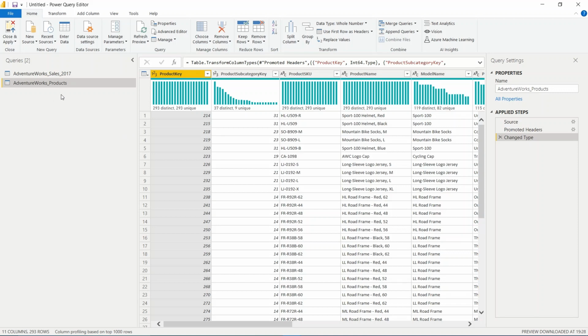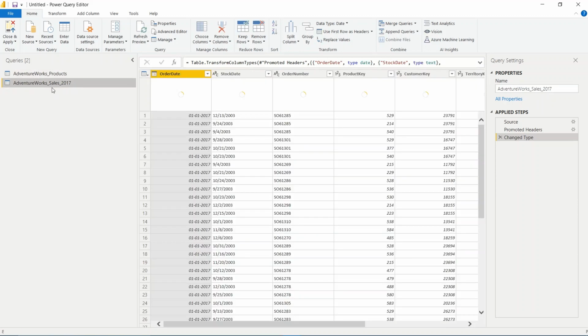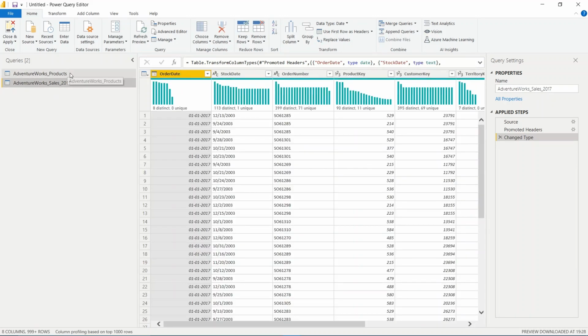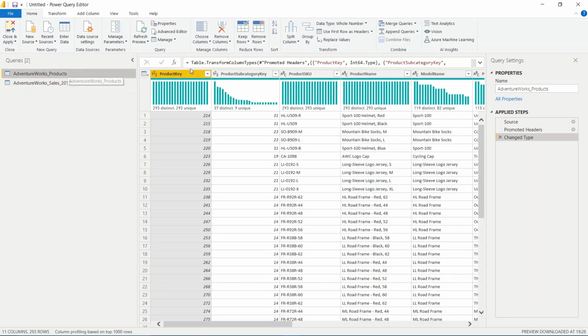Now, for this purpose, I have selected two data here. So one is our Adventure Works Sales 2017 and one is our Adventure Works product, which is basically our lookup table. So we will rename it just to be sure that this is our lookup table. We will write this is our Adventure Works product lookup table, right? We will just write lookup here and that's it. Now, what we will do, let's say